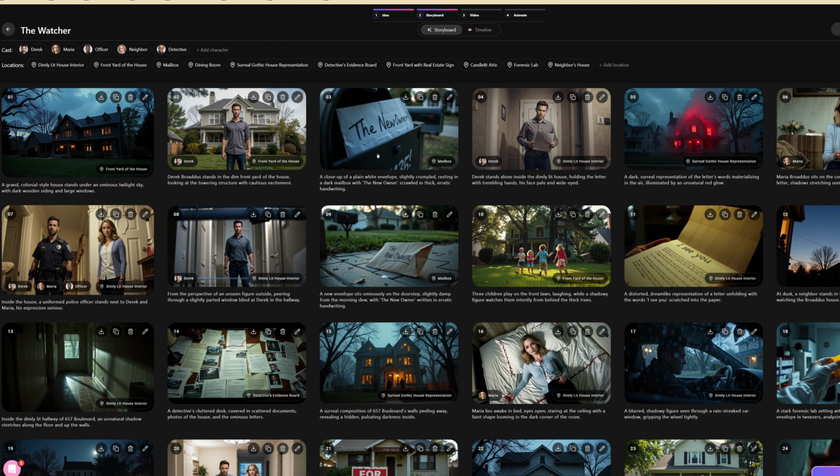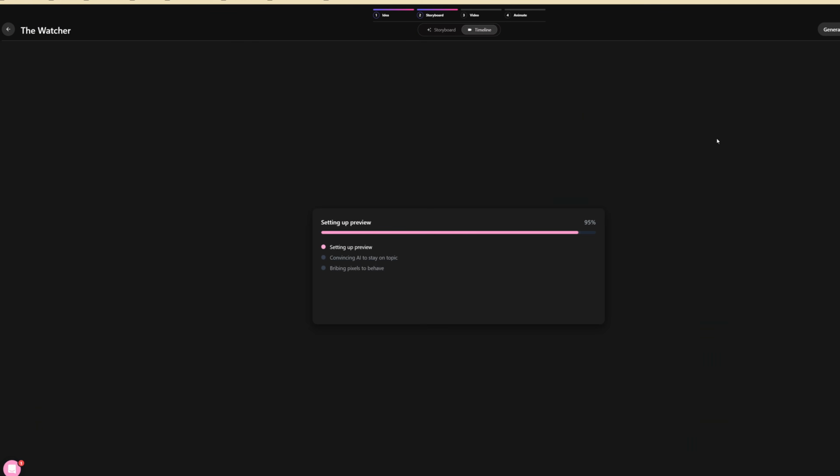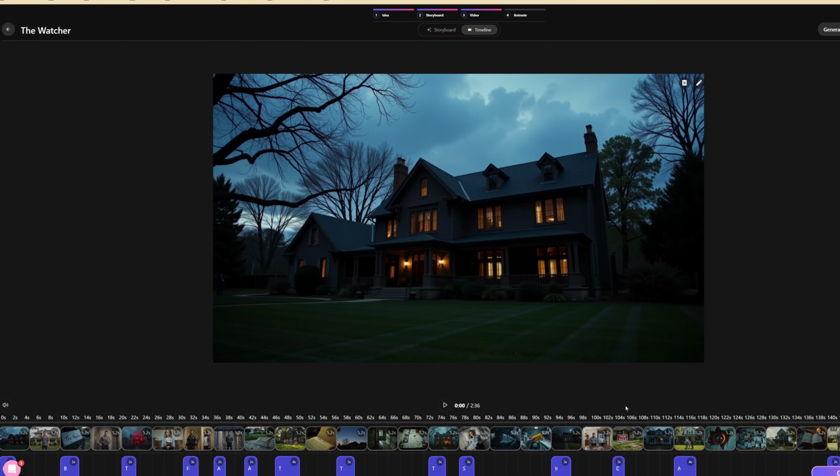This looks fantastic. Already from the get-go, I can tell that this is looking good. I do see some issues though. Okay, up here in the top, you can see you have idea, 2, storyboard, 3, video, and then animate. So you can go to video and it's going to set up a preview, and this is going to give you a video style